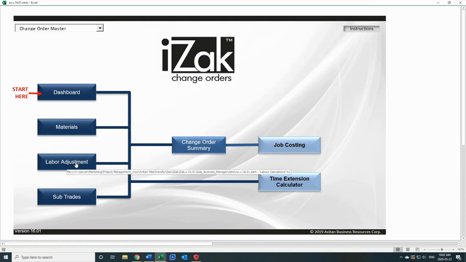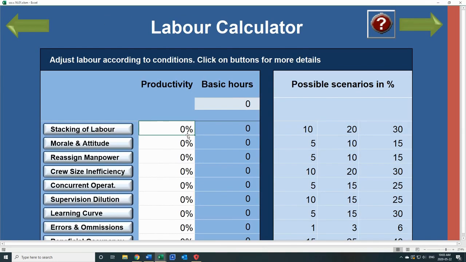Now, we've got one tool in here that is really the most excellent tool available on change orders, and a tool that most contractors don't pay attention to, or an area that most contractors don't pay attention to because of lack of knowledge. And that one particular tool can make the change order profitable or a losing proposition. So let's see what it says, what it does. So you see, each one of these: